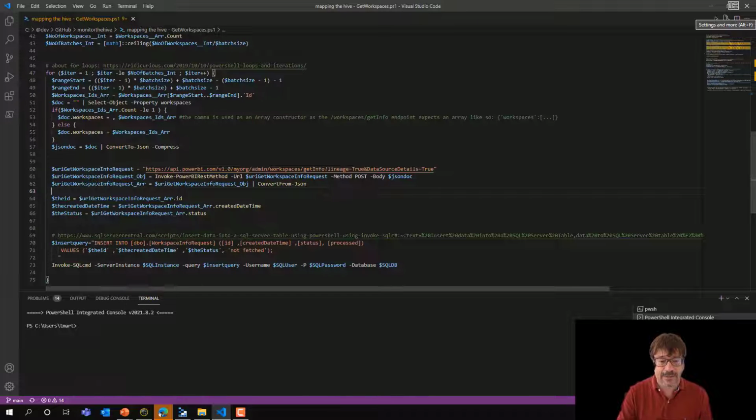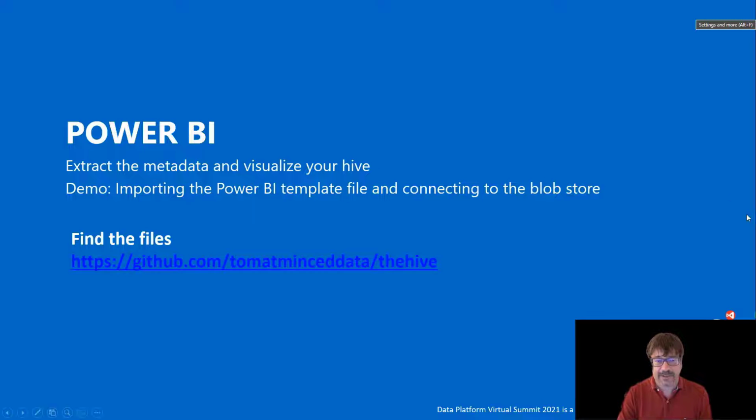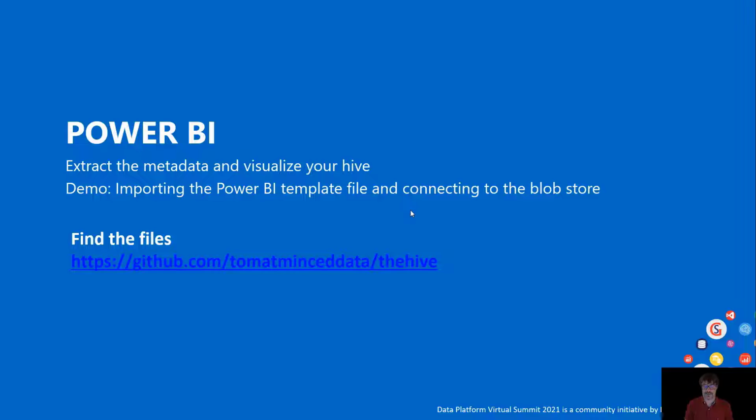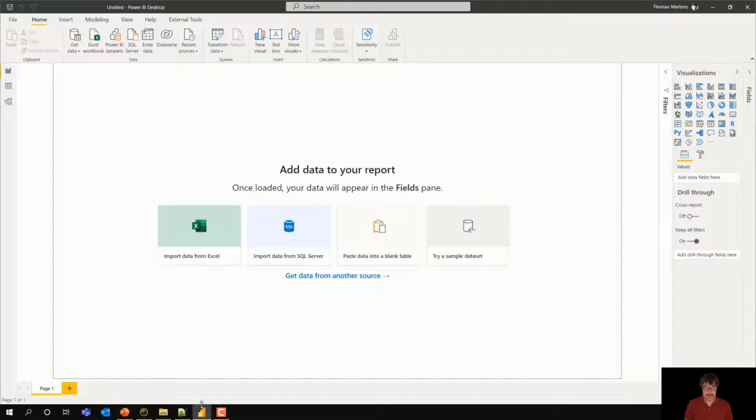And for this reason, going back to my Power BI presentation, and finally coming to Power BI and wondering what's possible. So now let's come to the fun part, meaning analyzing and visualizing the data that we have extracted using the REST APIs and stored as JSON documents on a blob store in Azure Data Lake. So now the fun part, as I mentioned, and for this reason we open Power BI Desktop, and the Git